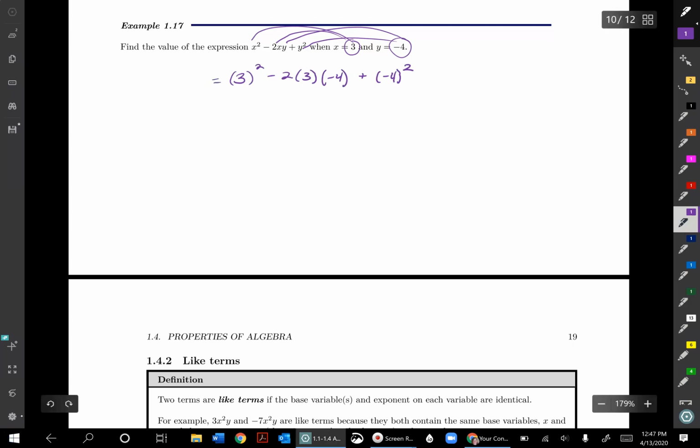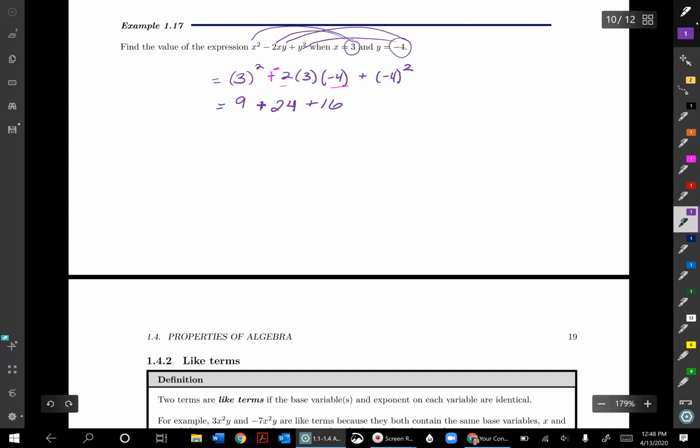Okay, so now I've gotten everything plugged in. Remember to use parentheses when you plug in so you don't end up getting the wrong sign when you square something or raise it to any even power. So 3 squared is going to be 9 minus 2 times 3 times minus 4. We're going to end up with a 24 there. It'll be positive, actually. This is a case where you might want to go plus the opposite so that you can clearly see that the -2 and the -4 multiplied together will give you a positive 8 times 3, so it's a positive 24. And then this -4 all squared is going to be a